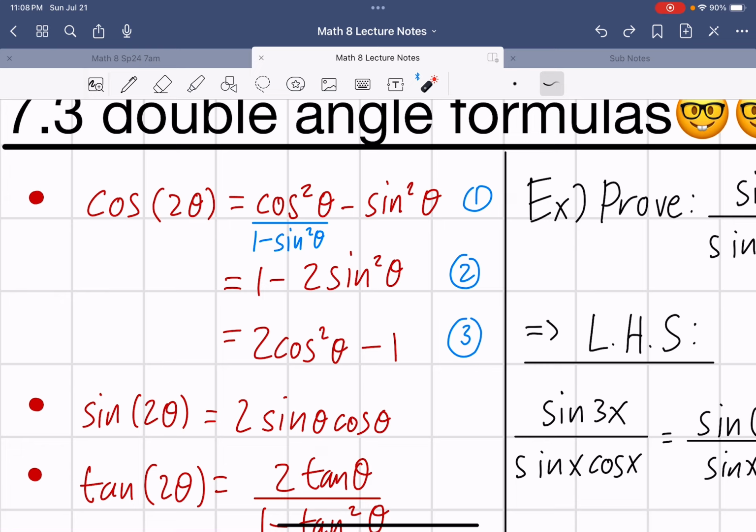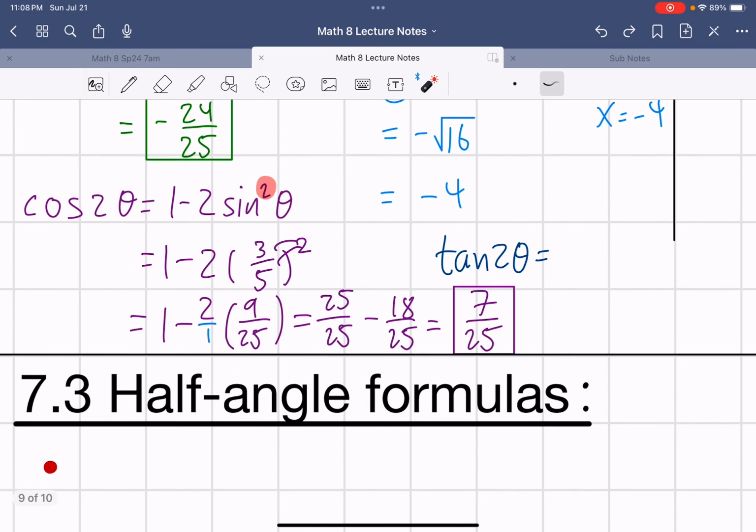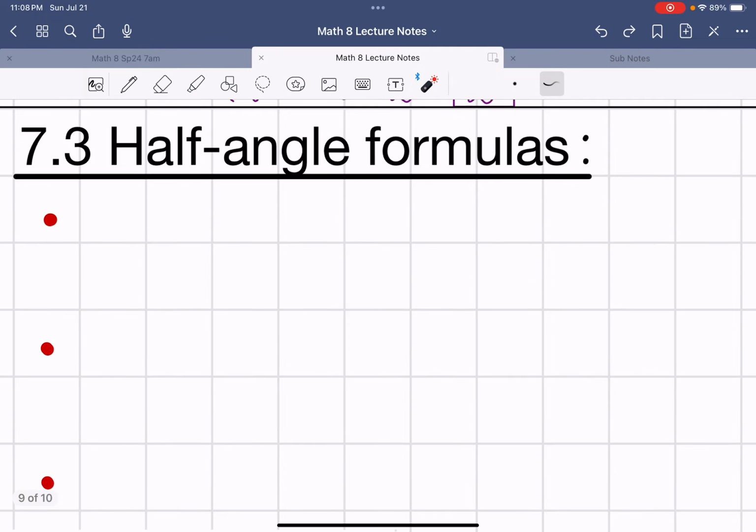But to do that, you would be replacing theta with alpha over 2. Now what does that do? It simplifies this double angle, but then creates this half angle in our cosine. And that's why we call it the half angle identity, because it becomes cosine alpha over 2